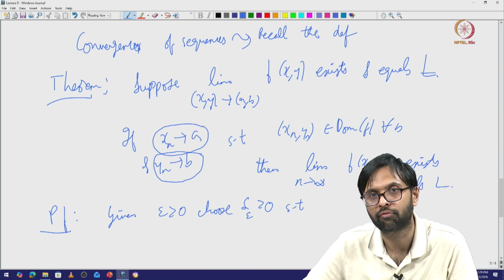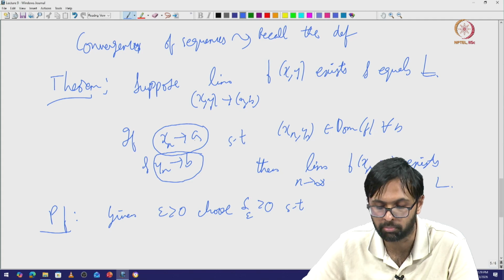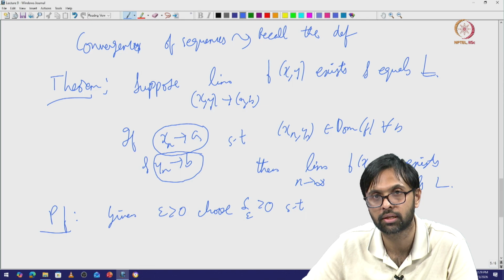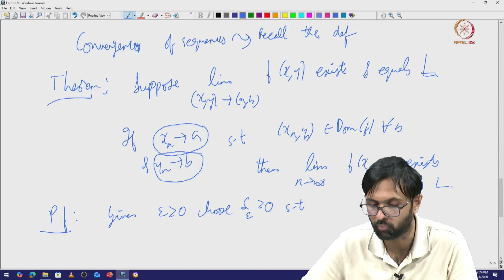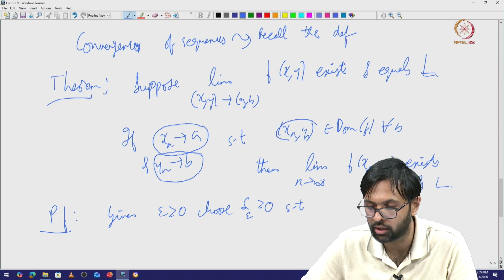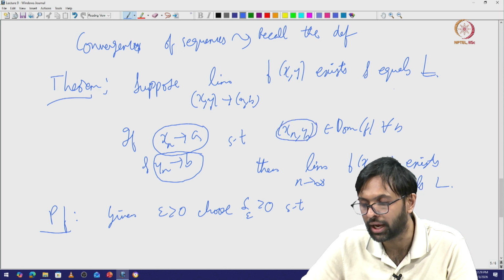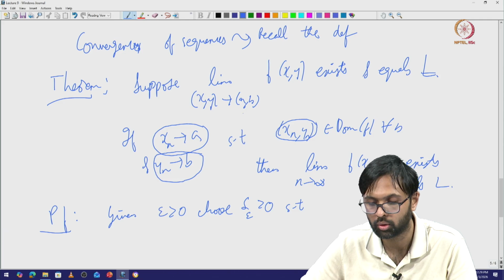So if n is so large that both of these happen together, that is x_n is delta by 2 close to a and y_n is delta by 2 close to b, (x_n, y_n) will be delta close to (a, b), right? Why? Because